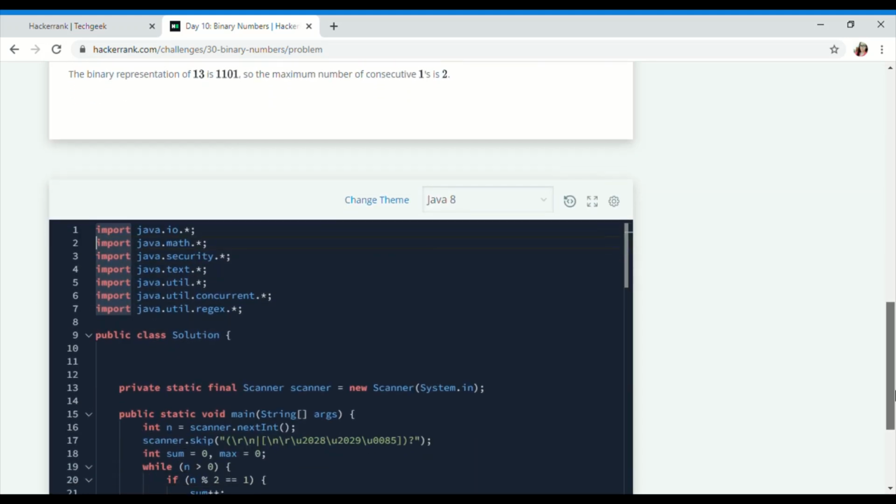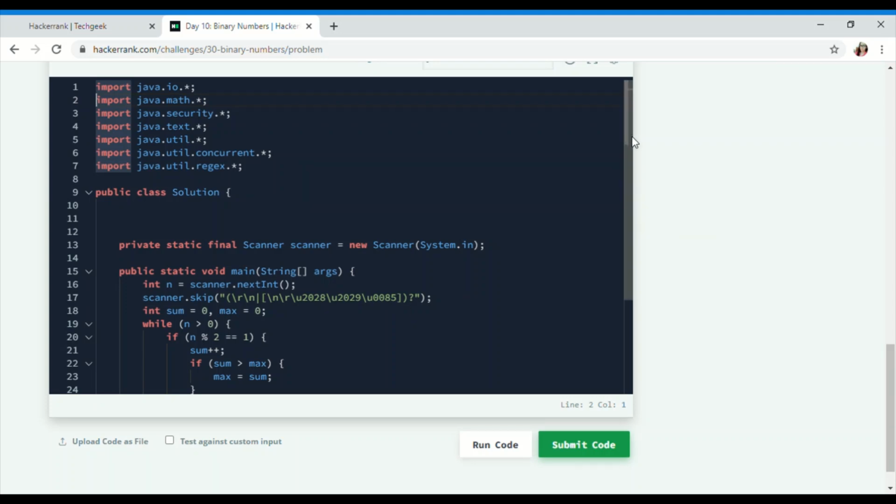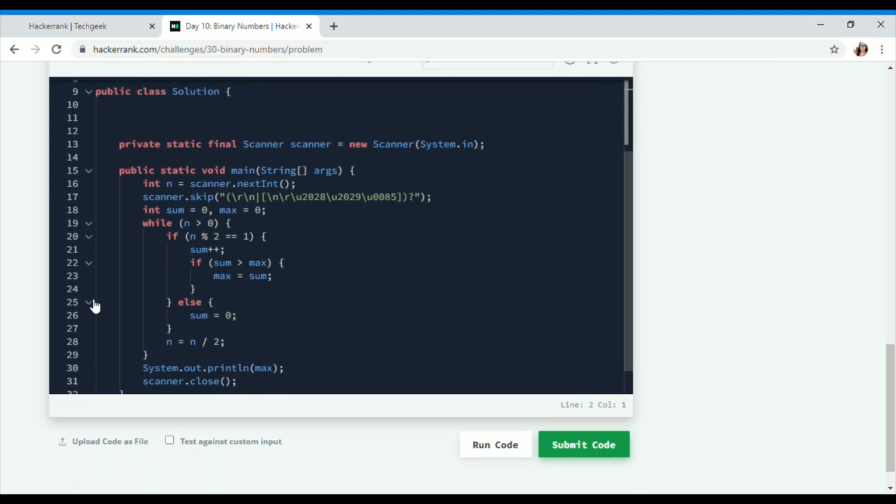So let's check this one. First I'll read the number. I, sum equals 0, max equals 0. Now I'll check if n is greater than 0. First thing is to form that binary number. Sum plus